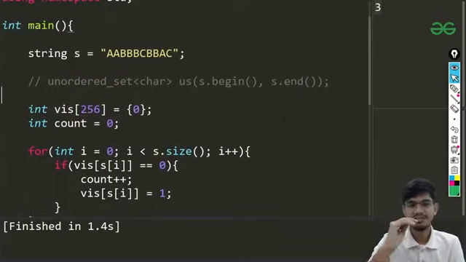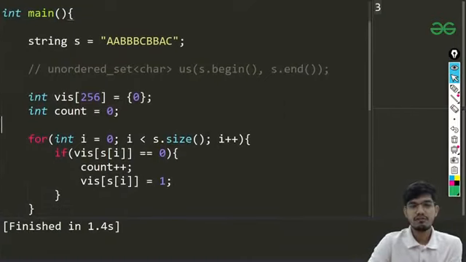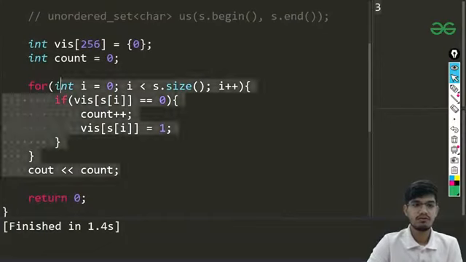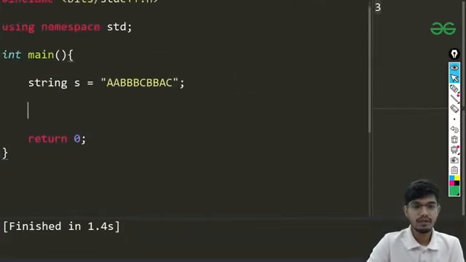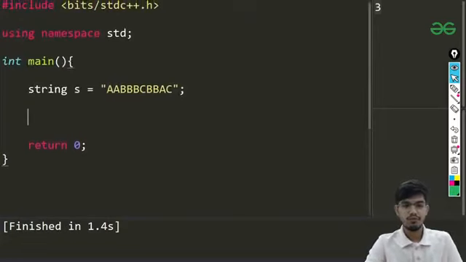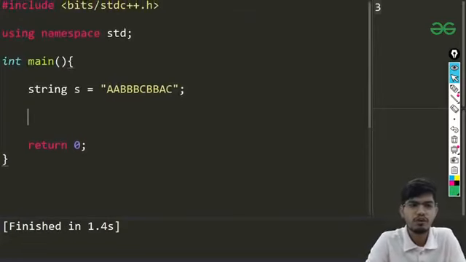Now this is the small thing which we are doing, but we need to deal with the question and we need to find this substring. So just remember this part. Let us try to use both of them in our problem. So to keep the problem neat and clean, I'm just going to make a function, and all this I'll be doing in the function, so that my whole thing remains clear and neat.